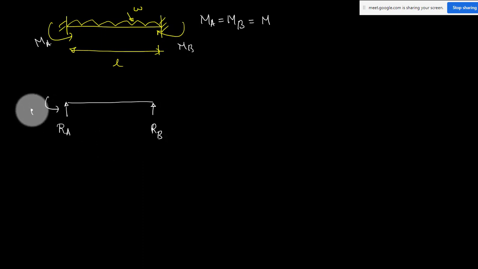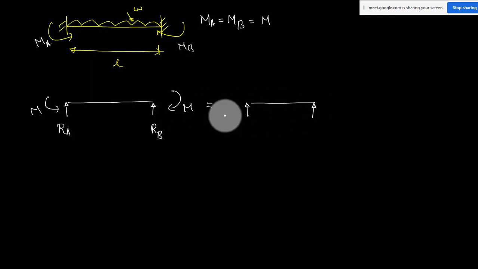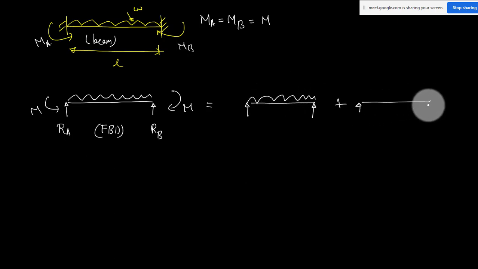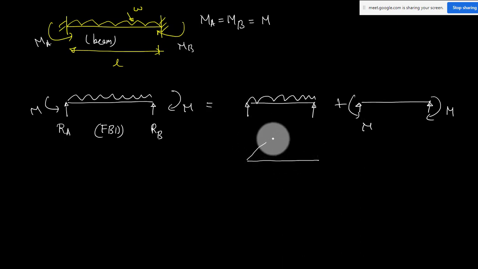So here we have M, and here also I have M. So this is equal to the first beam. It is your free body diagram. So this is your given beam. Okay, so this is equal to, first you apply and keep all the external load, and the second beam is only applying the fixed moment M. So now the next step is you draw the moment diagram, parabola.